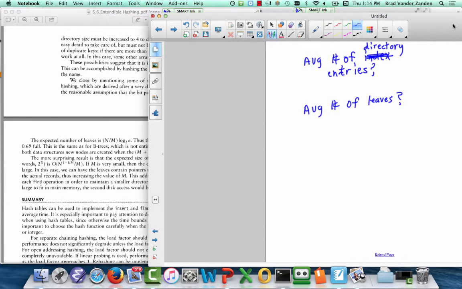Okay, so let's say that there are n records, and now instead of saying that there is L, well, we'll say L keys per leaf, then we can answer the thing. On average, the expected number of leaves is n divided by L times log 2 of e. Okay, and what does that come out to? Something like